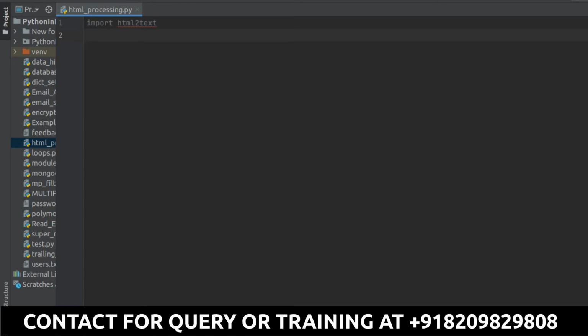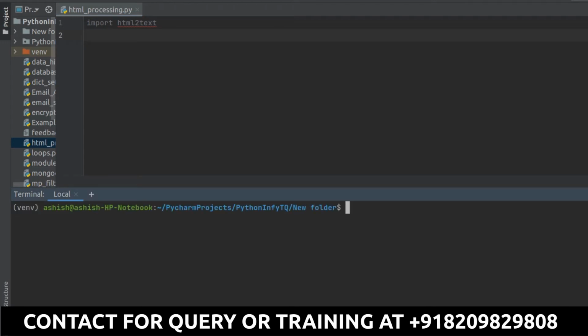To do that, just go to the terminal. In the terminal, you will find that you already have your virtual environment activated. Whatever packages I want to install should be installed inside the virtual environment, so that I have a separate environment that contains all the dependencies of my project.